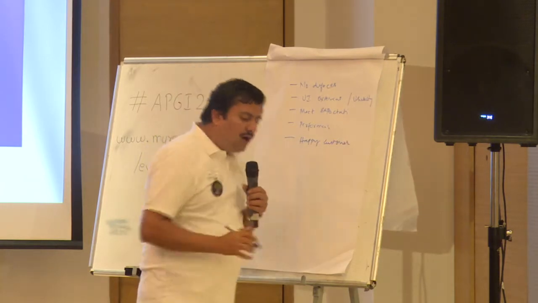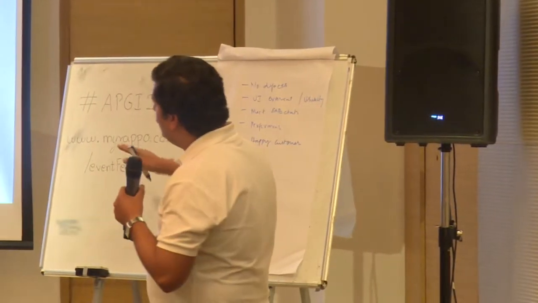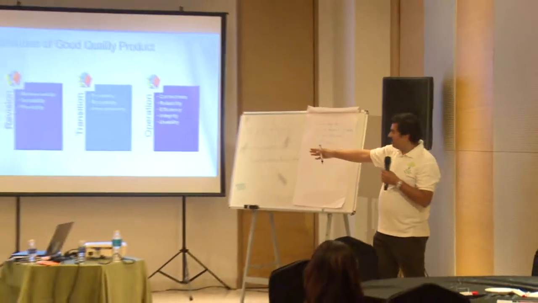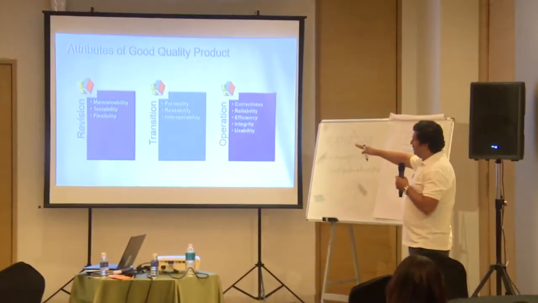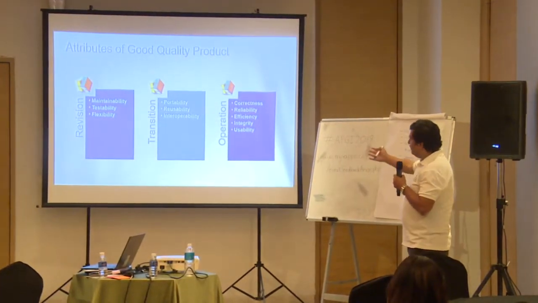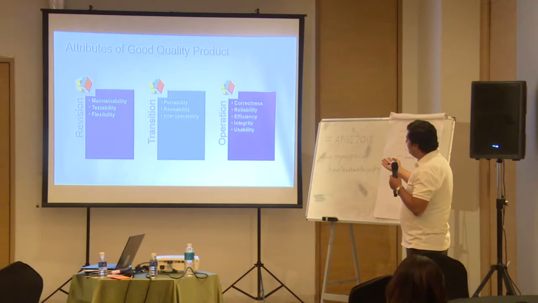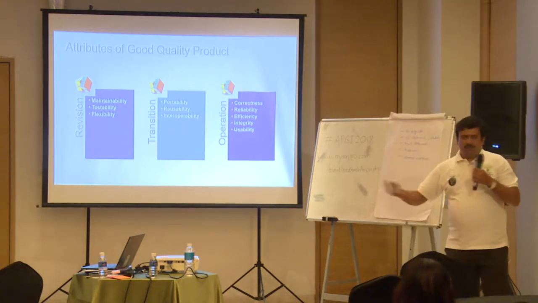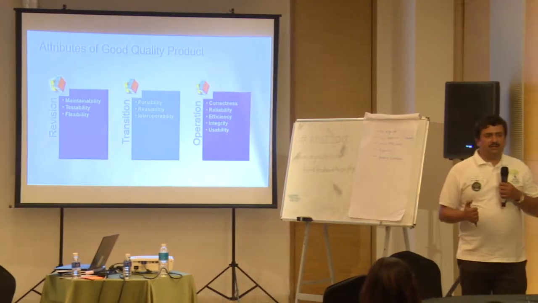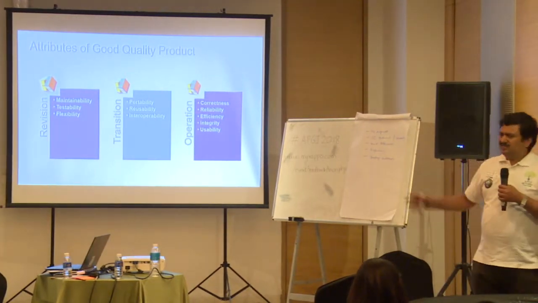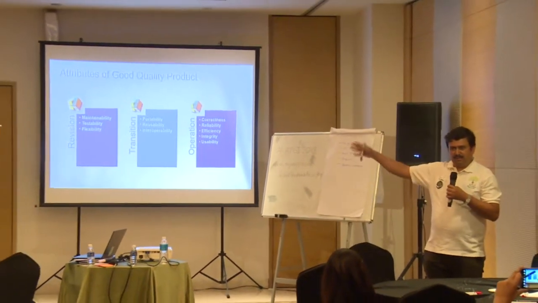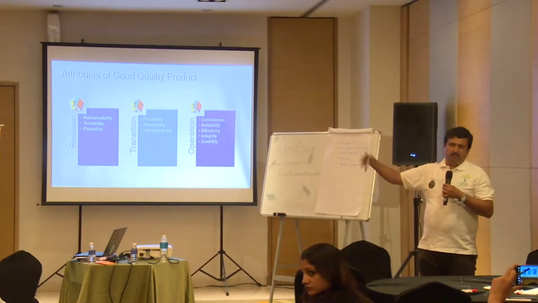Yeah. So all these parameters, whatever you're talking about, can be mapped into one of these attributes, isn't it? When you say a software or any product, it should be good in terms of maintainability, testability, flexibility, reliable, efficient, meeting the purpose. Should be able to work across different platforms, isn't it? So this is by the standard definition of this IEEE way of representing quality and the parameters you need to